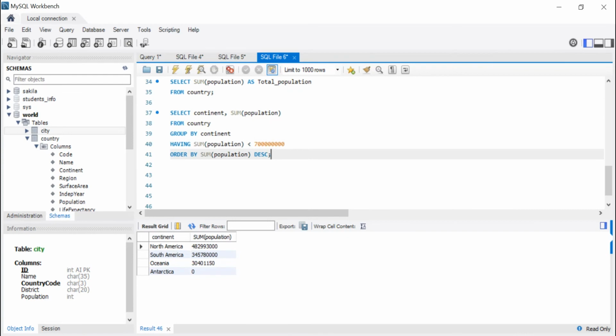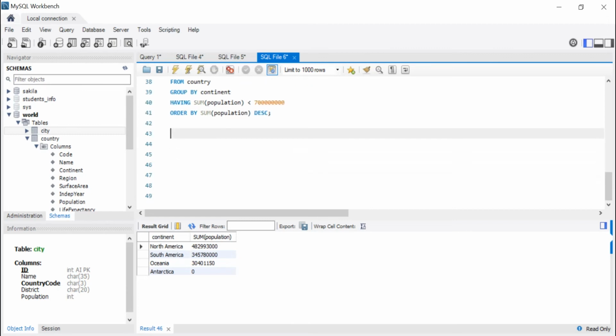So case statement is used when we want to define categories depending on some conditions, and as a result, we will get a new column with the defined categories. For example, we can define a case statement in here. So for example, we can select name, for example, population, and third column. As we have said, the categories will be defined in the third column. This third column will be defined depending on conditions. So we write case when